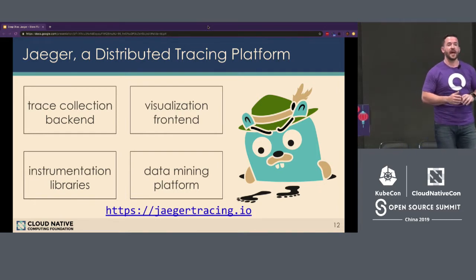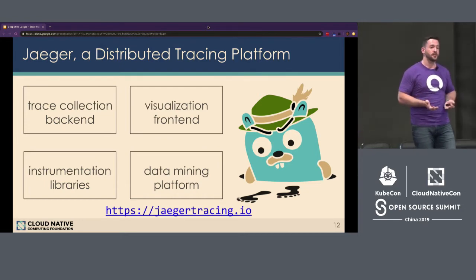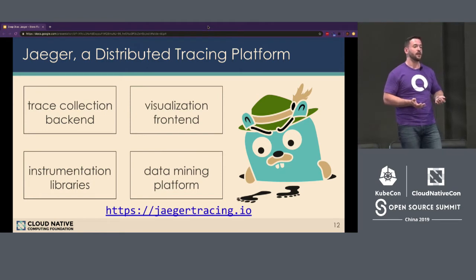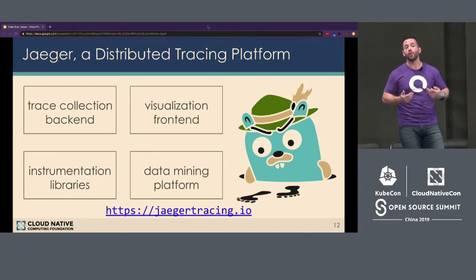You can think of this as collection, such as an agent and a collector, as well as the ability to run analytics on top of that data so that you can query over it. You have the tracing collection backend, where you actually store that trace data as well as the analytics that you have constructed. And then, of course, the visualization front end, how you can query the data out and visually see it so that you can troubleshoot your environment. And I'll demonstrate each of these in a moment.